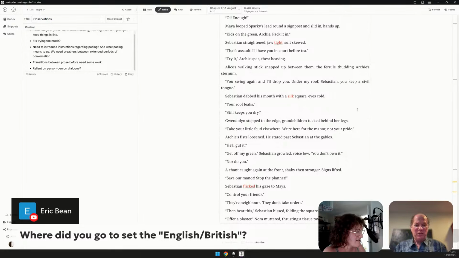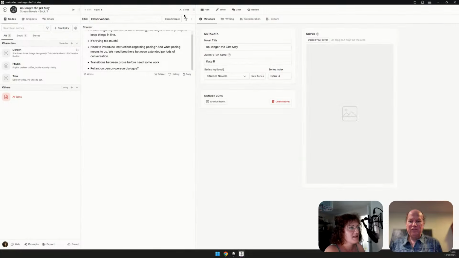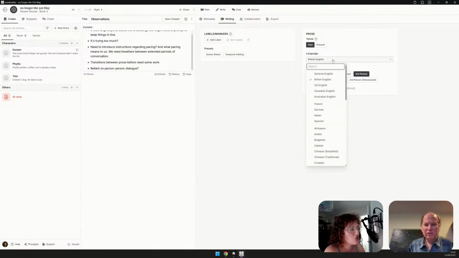So Eric is asking, where did you go to set the English and British? Oh, so in the Novelcrafter interface, if you go up to where your title is, your book, there's a cog icon, and there's settings throughout Novelcrafter. So we've got them in the codex, etc. So you go into there, and then you go into the writing tab, and here you can set your language